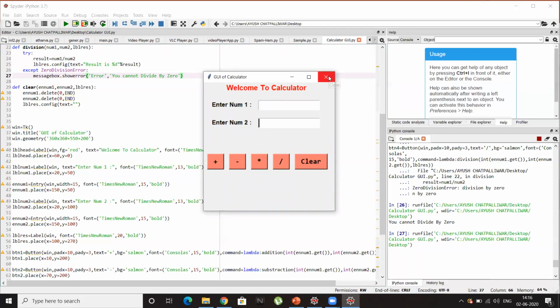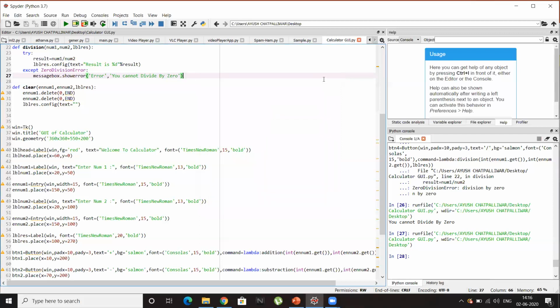So guys, we have completed our GUI. I hope you liked it, and it was very interesting to teach this one. So guys, this was our second lecture on GUI. You might have felt it much easier this time, but if you use tkinter more often, you will be by heart with this. I'll give you the coding of this tutorial, and also put your comments so that I'll know about your feedbacks.